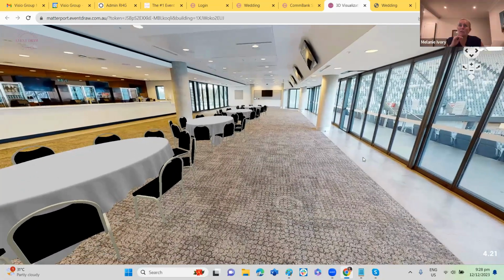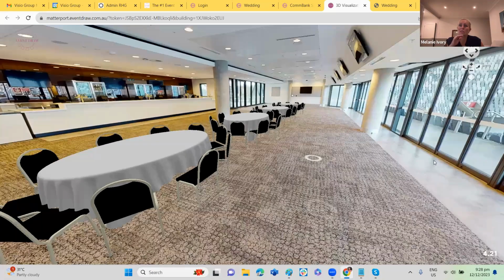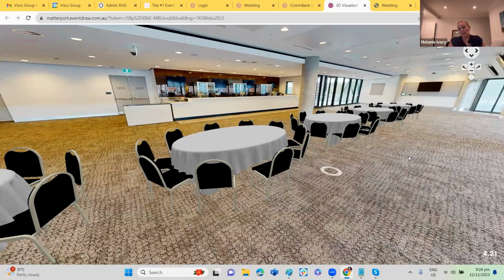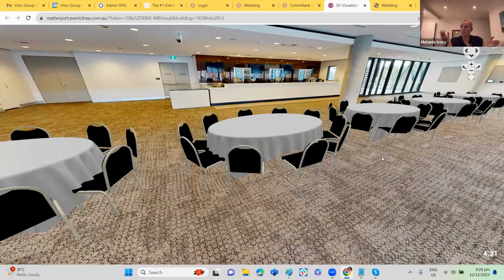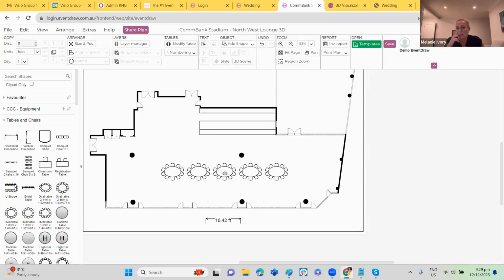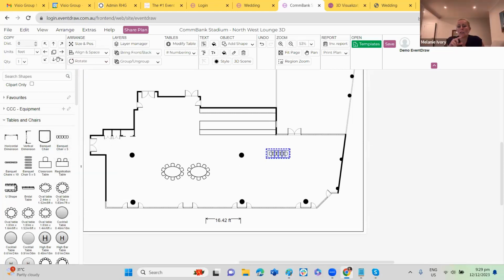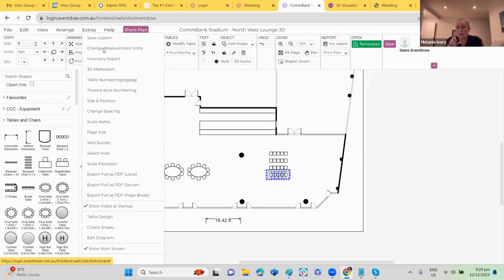One thing that needs to be remembered though is we need to do a scan of the room empty. So some of the hotels actually have scans of the room, but they're full. We need the empty scans of the room because this feature, like for example, Clairol, could you just go back in and remove 2 of the tables and then put in just a couple of chairs instead? Sure. So there are a couple of different